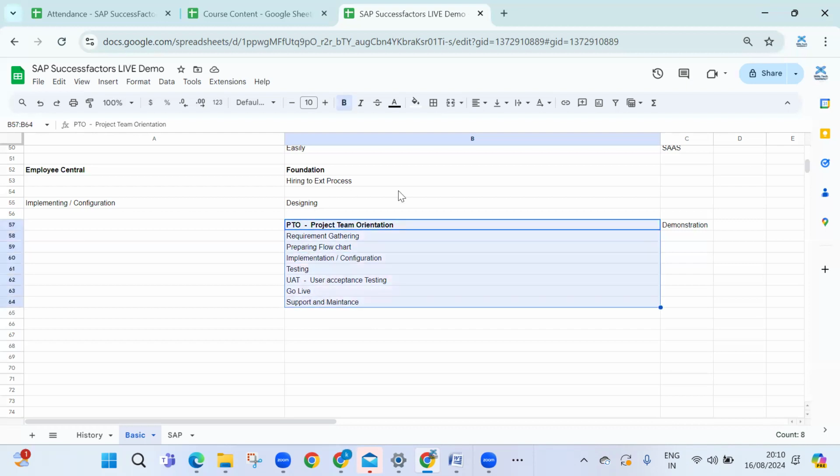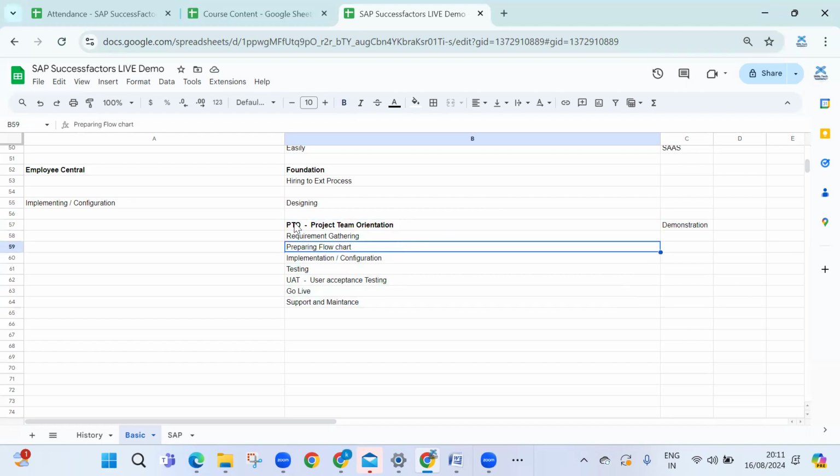It is an end-to-end process of how the SAP SuccessFactors consultant is involved. Even though I hold 8+ years of experience, in some projects I will be involved up to here, and in some projects I won't be involved, because every company has a structure for who will be holding what kind of work.